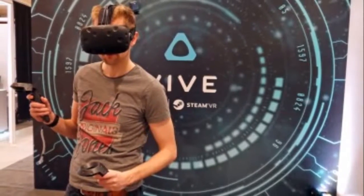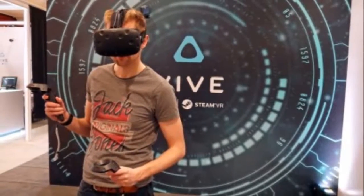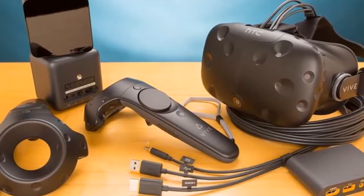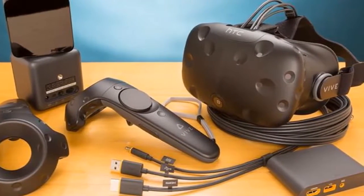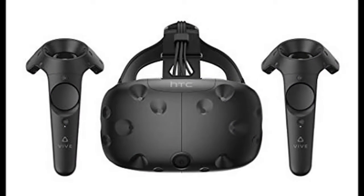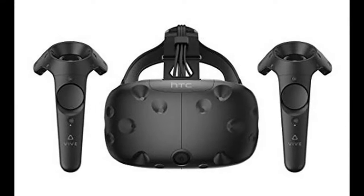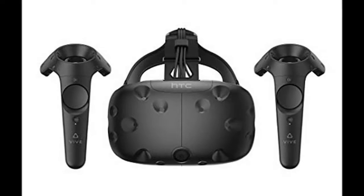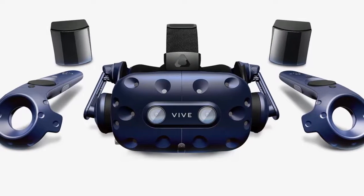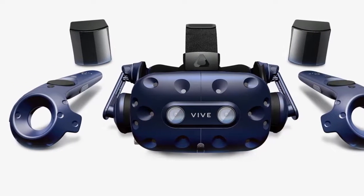When paired with the proper hardware, a PC with an Intel Core i5-4590K and either a Nvidia GTX 970 or AMD R9 390 GPU, the HTC Vive is an incredible gateway into a new medium, one that is currently dominated by short demos in the growing library of games, but should one day play host to full-length films, television shows